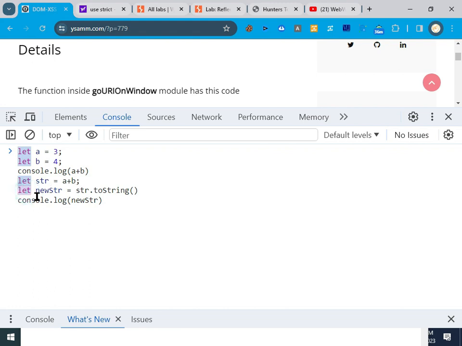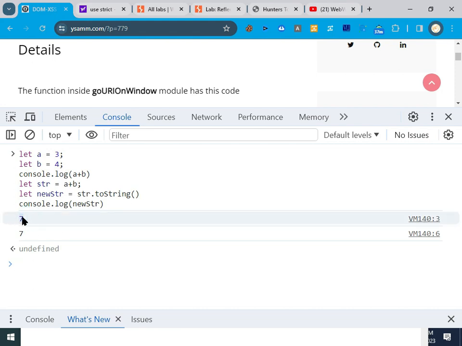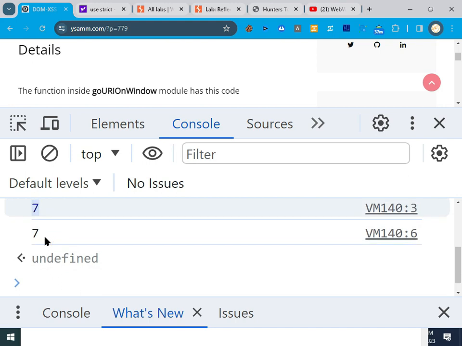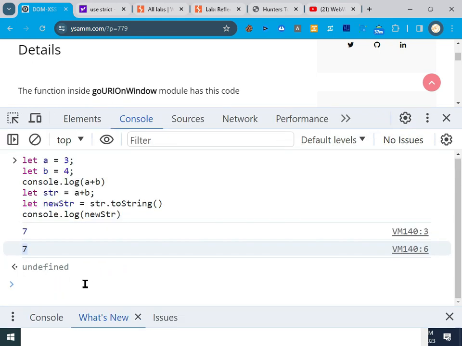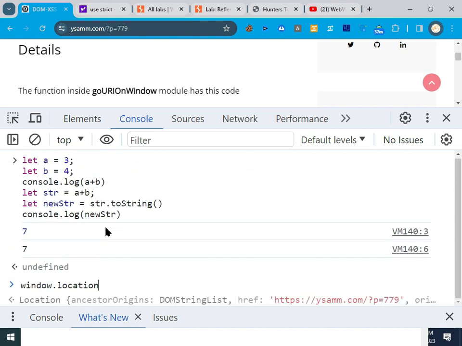After that, let new string be equal to str.toString. This will convert our a plus b into a string. This will be 7, which is the sum there, but it is converted into a string. So we are going to see how it is happening. Now you can see that the color of this has changed. The number 7 being declared is a number, and this is a string. So if you do not know how to tell a string from a number, what you can do is